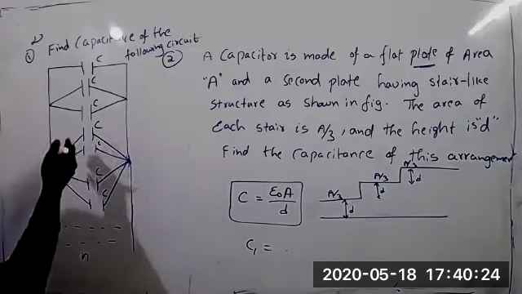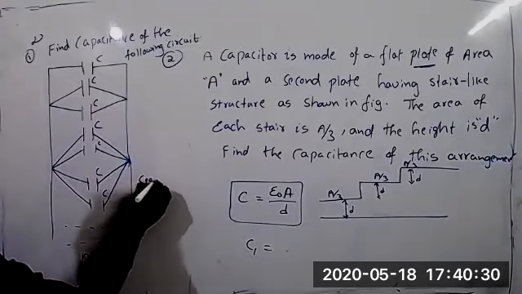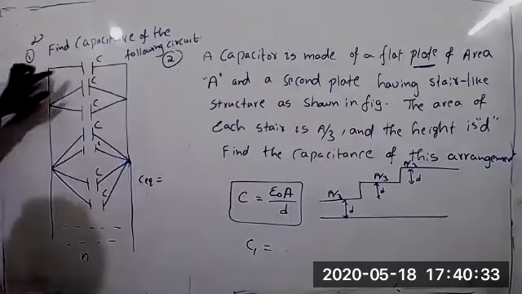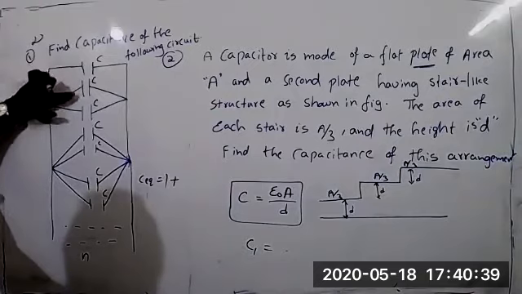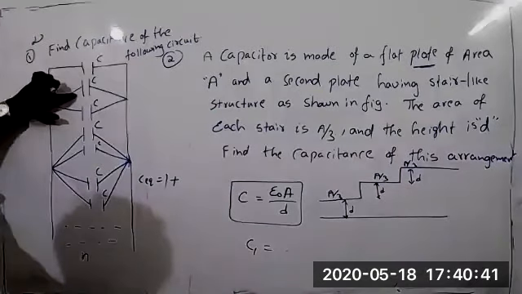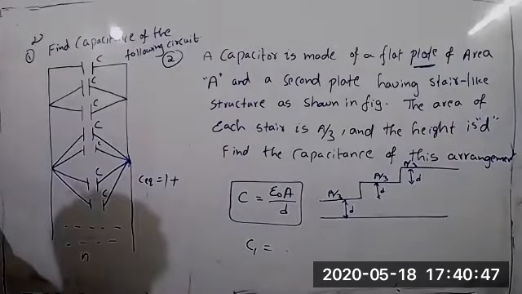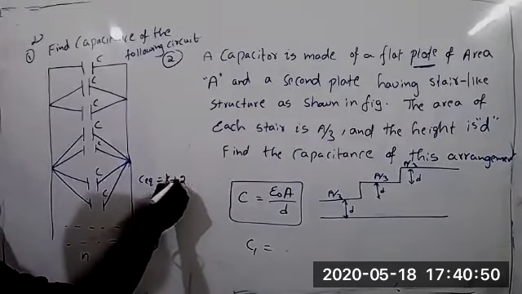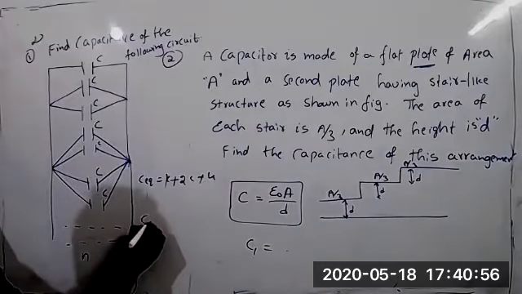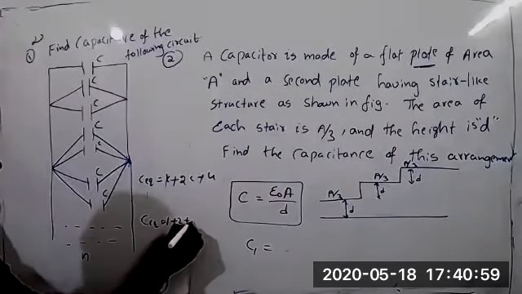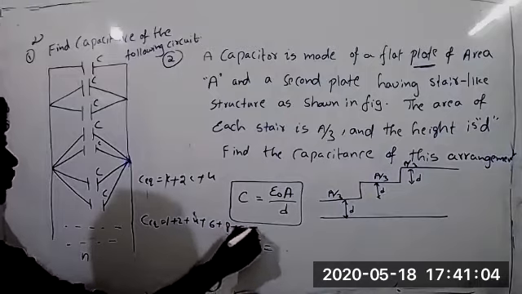Shall we start this one or this one? I hope you can do this very easily. Why? Because C equivalent, how much will you get for this? First one, how much is it? C. Okay, C means 1 I will take. Second one, 2C. Not 1 by 2, it is in parallel, we have to just add, right? So C, 2C, here 4C. Now see, C equivalent equals 1 plus 2 plus 4 plus 6 plus 8 and so on.